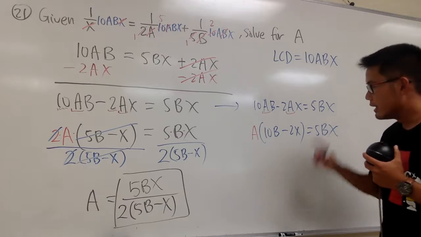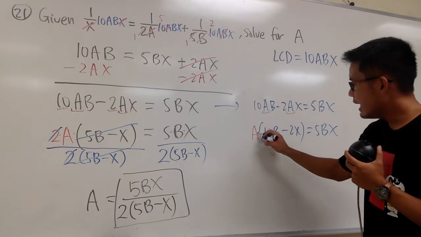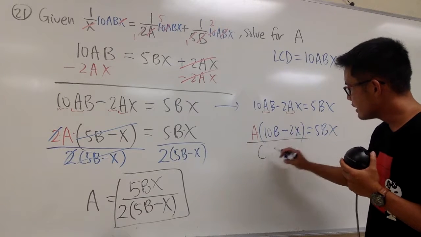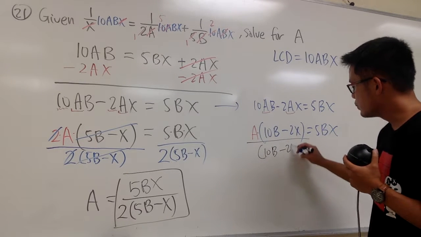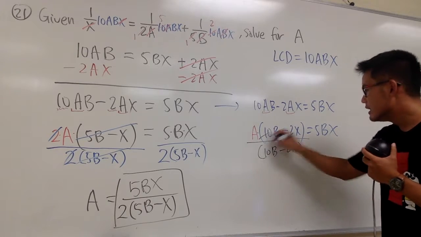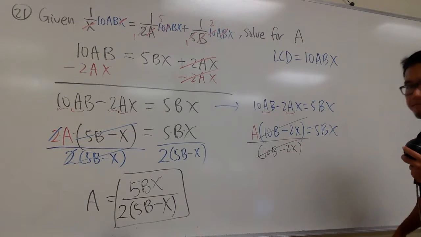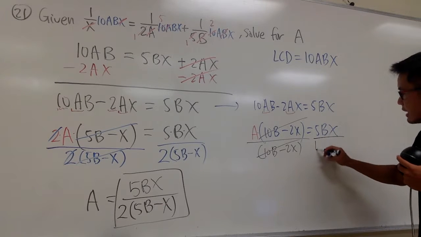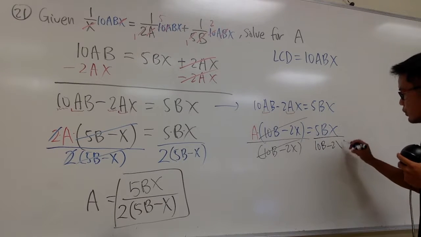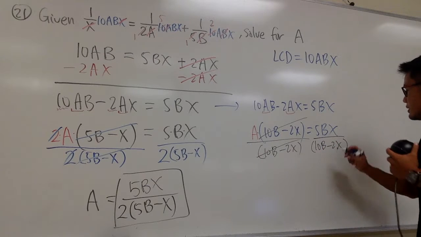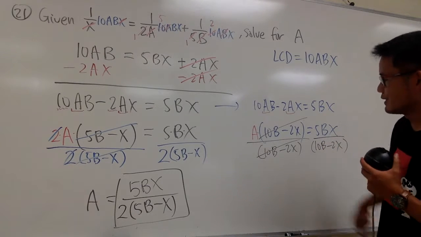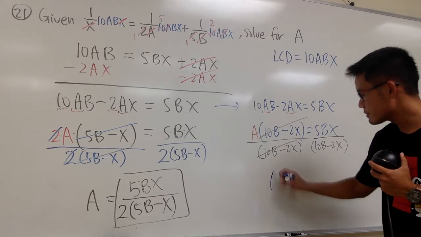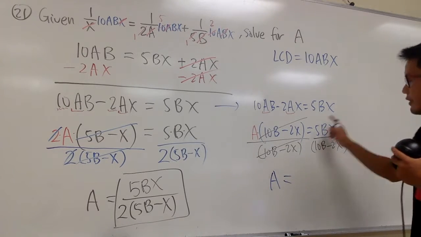And on the right-hand side, we have 5bx. Here, this is a times this quantity. To get rid of this, we have to divide by the whole thing, which is 10b minus 2x, so that this and that will be cancelled, right? Likewise, do the same on the right-hand side. Divide 5bx by that, 10b minus 2x. I should put parentheses just to make them similar. And you see, on the left-hand side, I have the a by itself now. And this is equal to this right here,